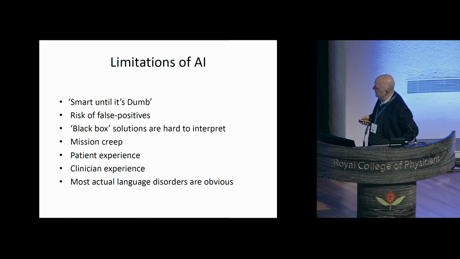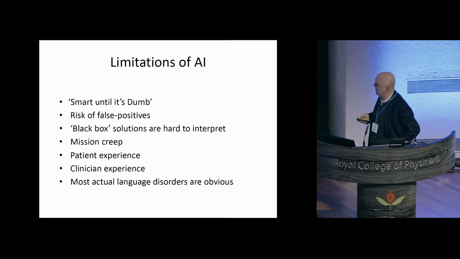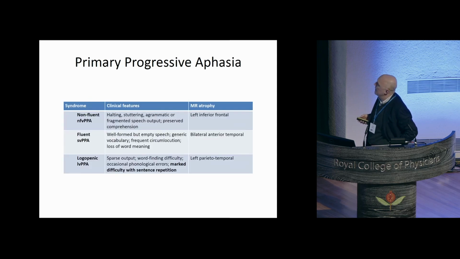And in fact, in the clinic, most real language disorders are fairly obvious to the trained ear. We don't need a convolutional neural network to tell us that somebody's language is not right if we have our ear in the clinic. This is particularly true of the three classical syndromes of primary progressive aphasia: the non-fluent, where the speech is halting or stuttering or agrammatic or fragmented; the fluent, otherwise known as semantic dementia, described by